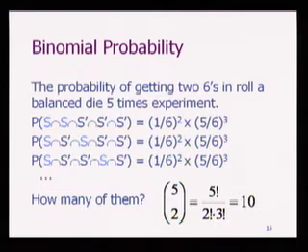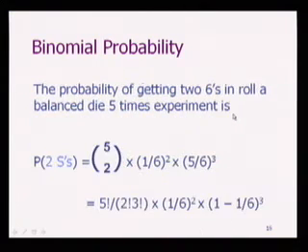The basic algebra. So you find out that there are 10 of them, and 10 times this number, you get the probability of having 2 6s. Right? This is based on the independence of events, so you use the multiplication rule, right? And to figure out the probability of one event, but all these 10 events, they're all the same outcome, right? 2 6s. And so you use a combination formula too.